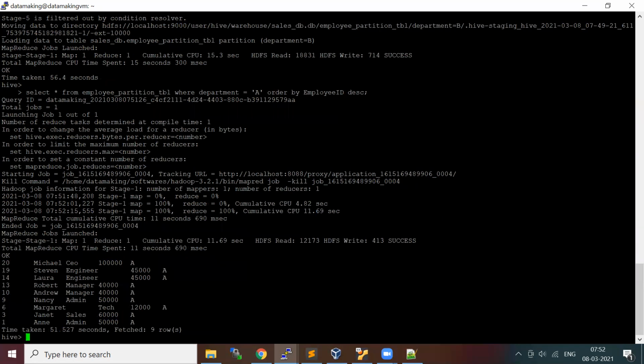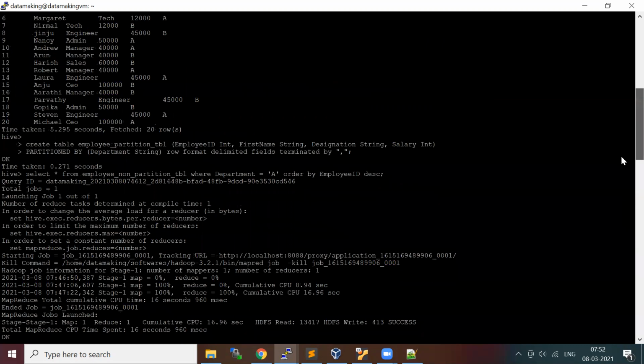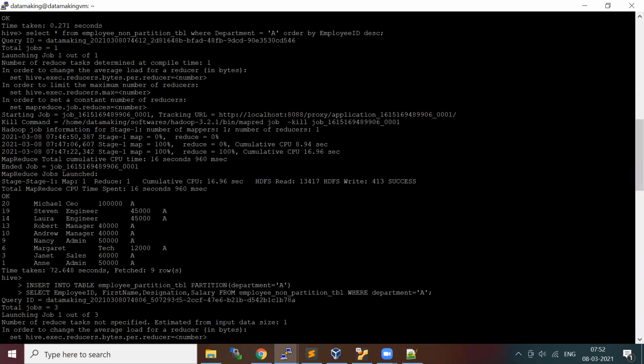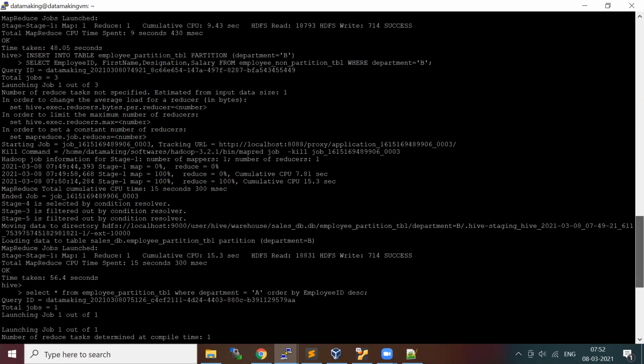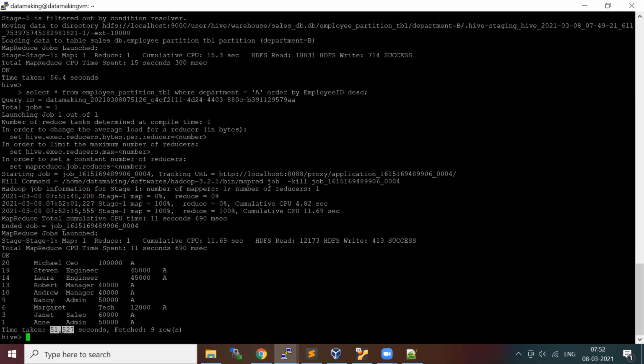So it took 52 seconds. The earlier query took 72 seconds. Same 9 rows it returned. This also returned 9 rows, and it took 51 seconds.